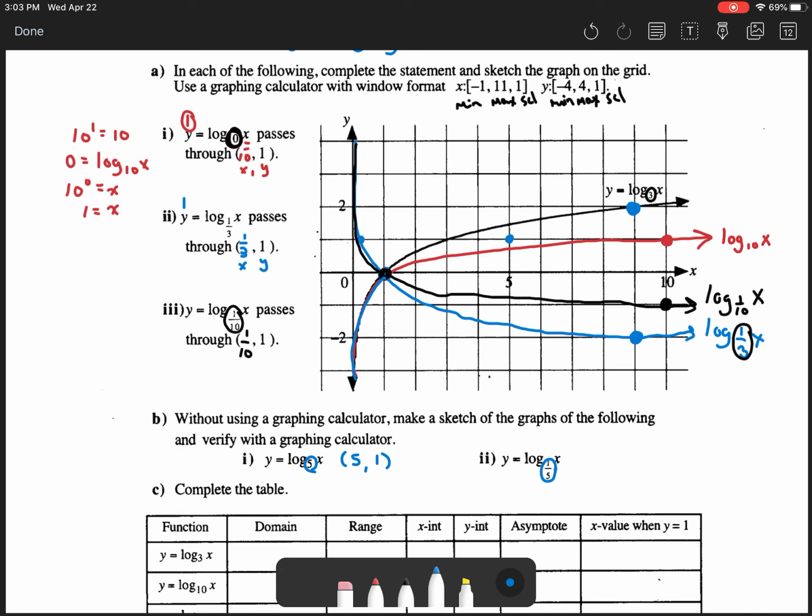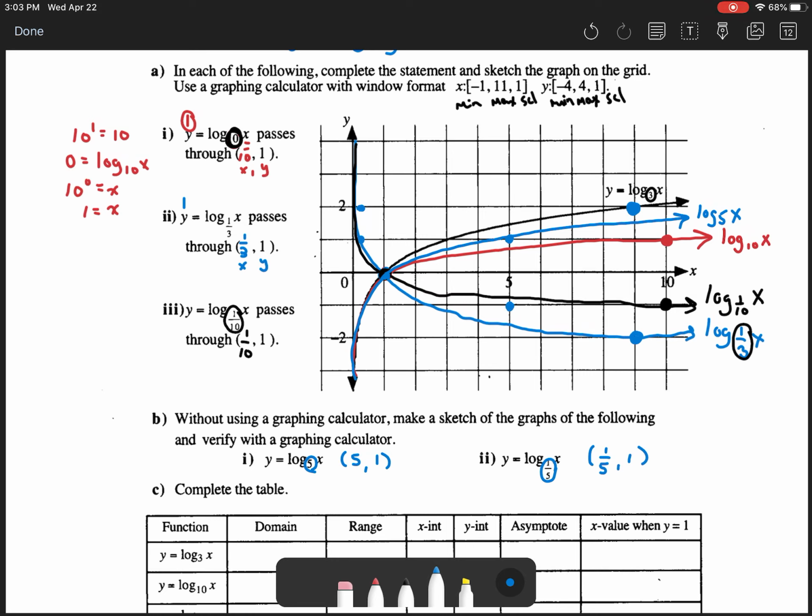5 comma 1, so I can label that point now, 5 comma 1, and also I know that base 5 is closer to 3 than it is to 10. So when it comes up through that x-intercept of 1 and goes through that point 5 comma 1, it's going to be closer to log base 3 of x than it is to log base 10 of x. So here's log base 5 of x,